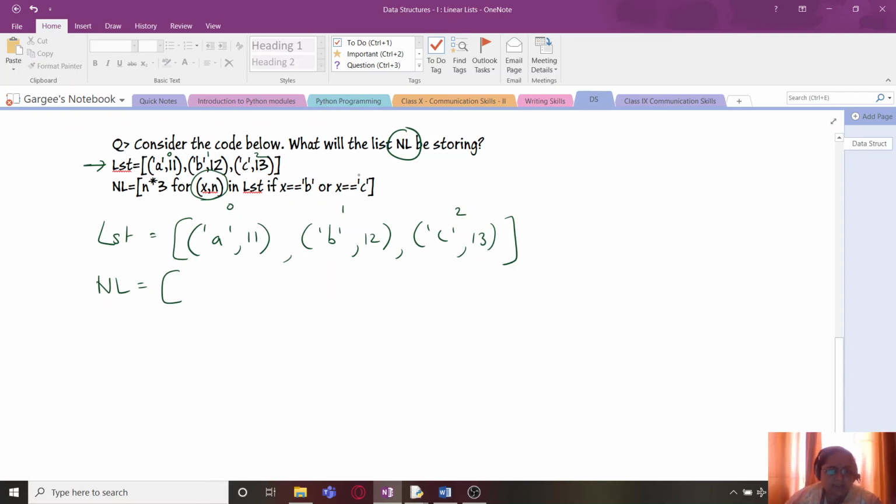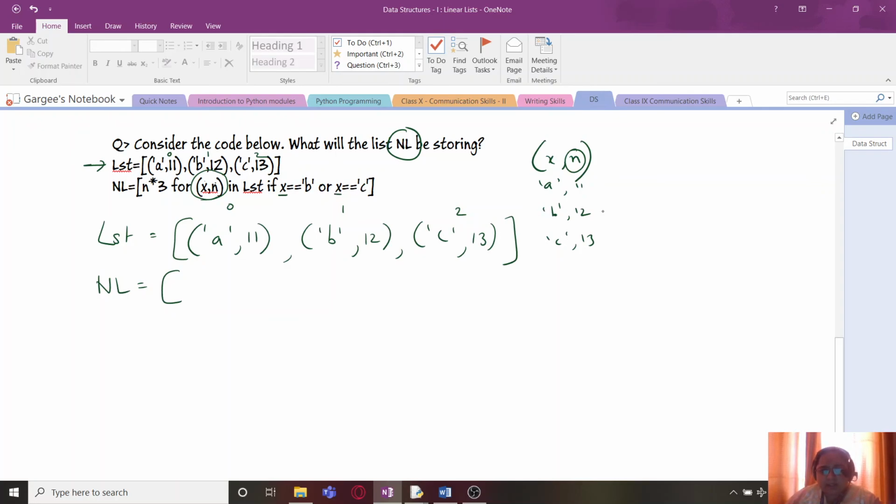So you can see that the first one is x, second one is n. For every x, n, here you have a 11, then you have b 12, then you have c 13. So only n multiplied by 3 has to be considered, and that too for those values where x is b or x is c.